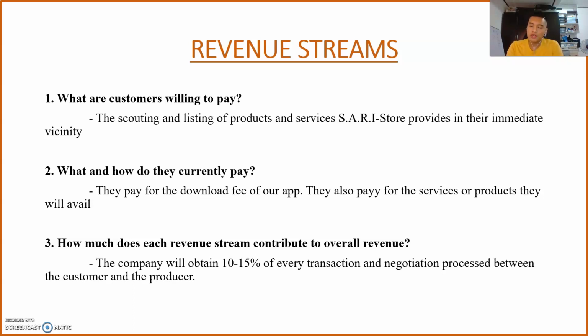This means that, for example, I am a consumer. I draw paintings, and my friend here would like to commission me a painting, and it costs 100 pesos per painting. So, what will appear on the consumer side is 115 pesos. Why? It's because 100 pesos as a whole is the payment for the artist, and the company will receive 15 pesos as a side payment.